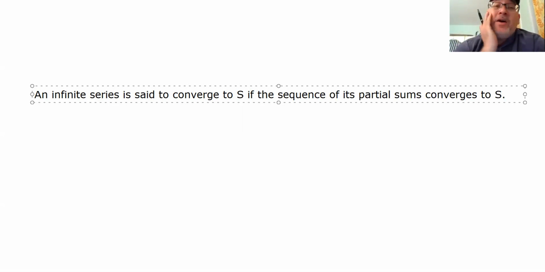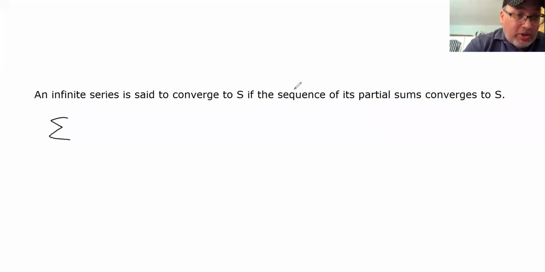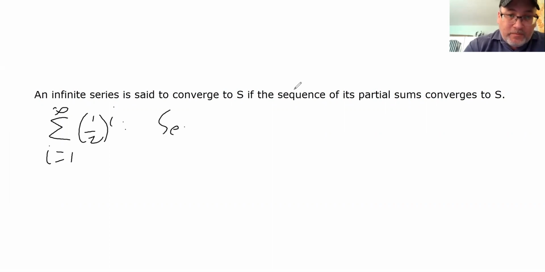The way we're going to add up an infinite series is we're going to take partial sums, so the first term, the sum of the first two terms, the first three, first four, first five, et cetera, and look at those sums as a sequence and see what they're converging to. So going back to the series that we started with, the sum from i equals 1 to infinity of 1/2 to the i power, if we look at the sequence of partial sums,